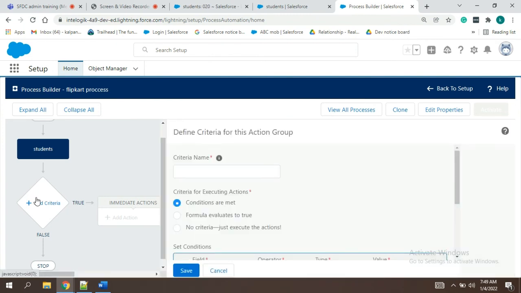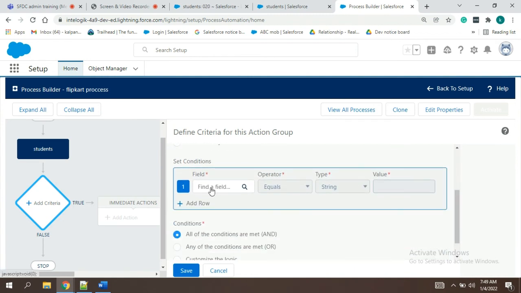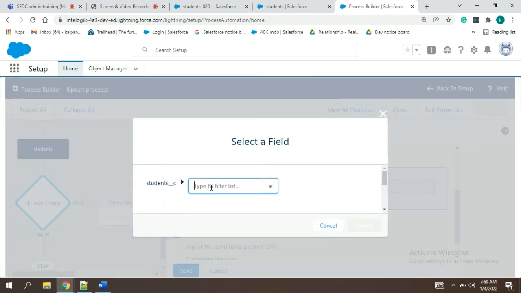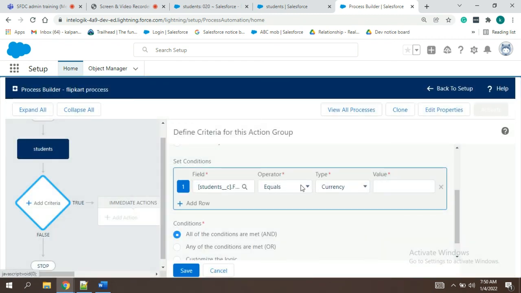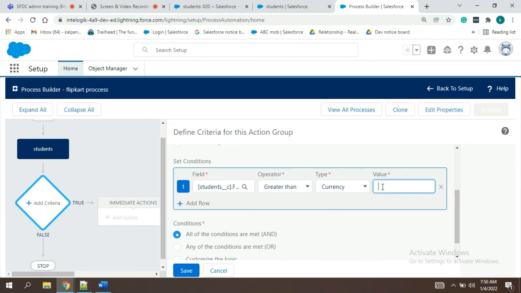And then you have to give a criteria name here. In a similar way to how we gave the field, from students we can get any of the fields. Fees we will give. So this is greater than $100.